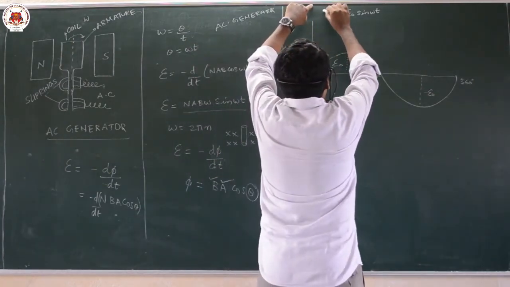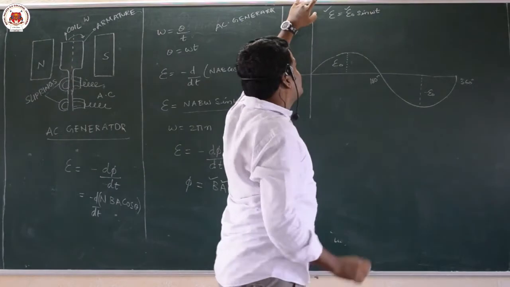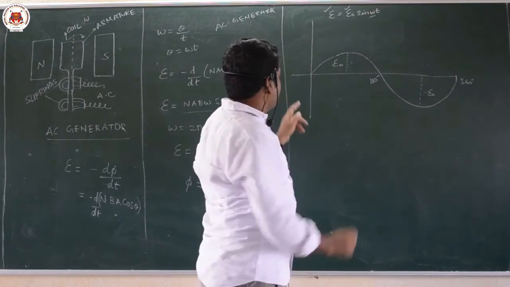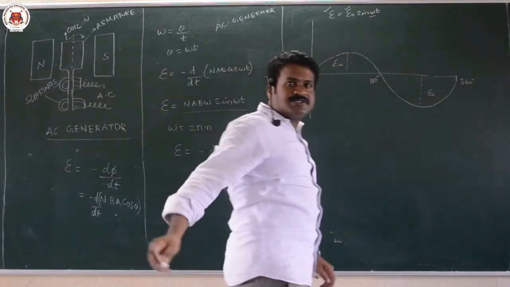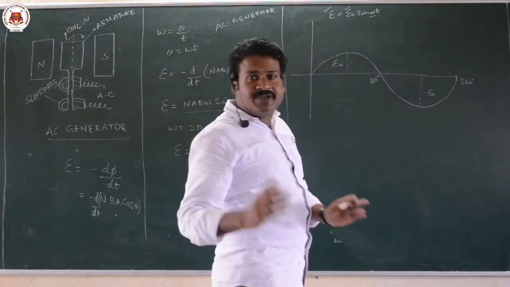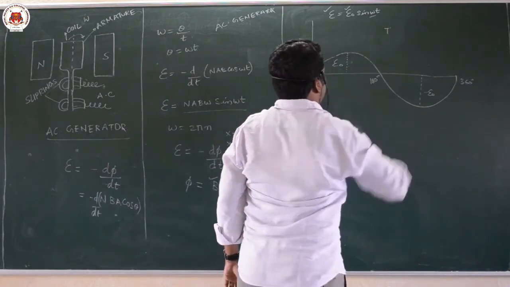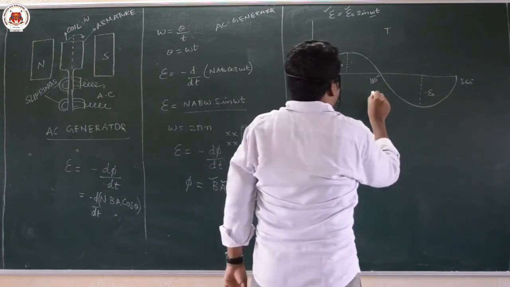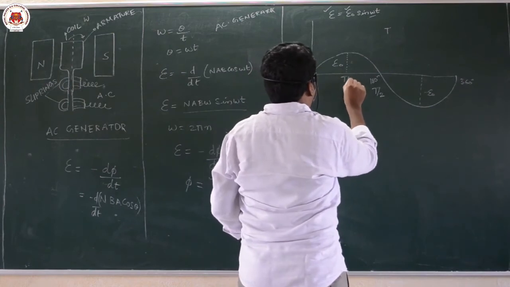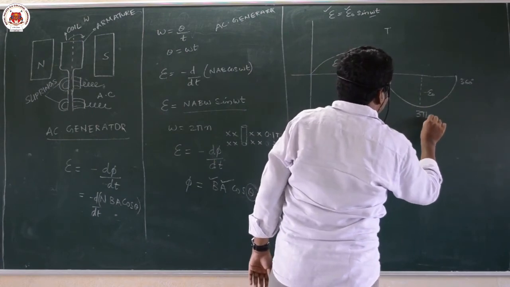And this value is called the instantaneous value of EMF. This is called the peak value of EMF, this is the angular velocity with which the coil is rotating, and that is the time taken. Now, the time taken to complete 360 degrees, to complete one rotation, if you draw it here, becomes one circle. The time taken to complete one circle is called the time period, that is T. Time taken from here to here will be T by 2. From here to here, it will be T by 4. From here to here, it will be 3T by 4, and this is T.